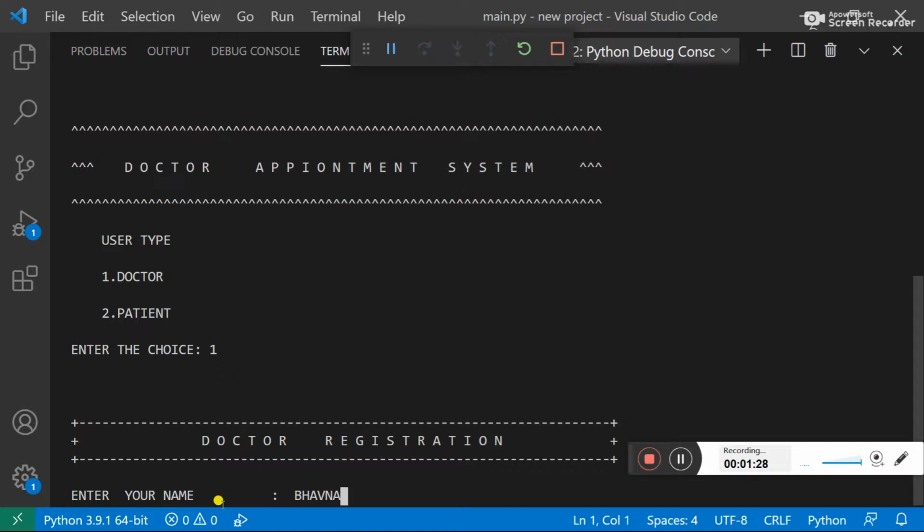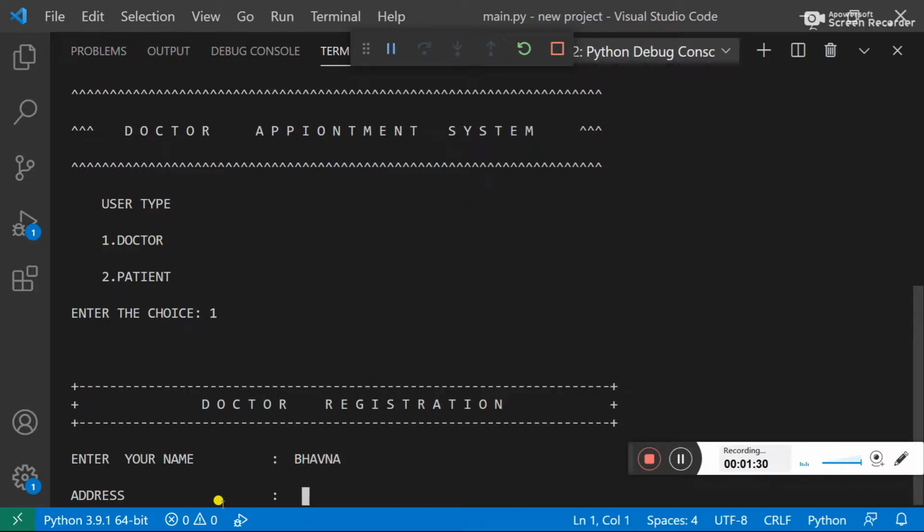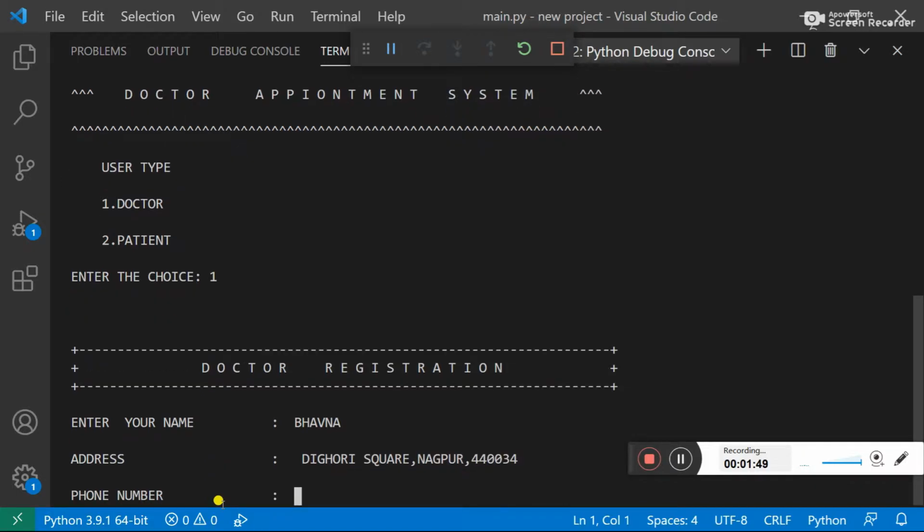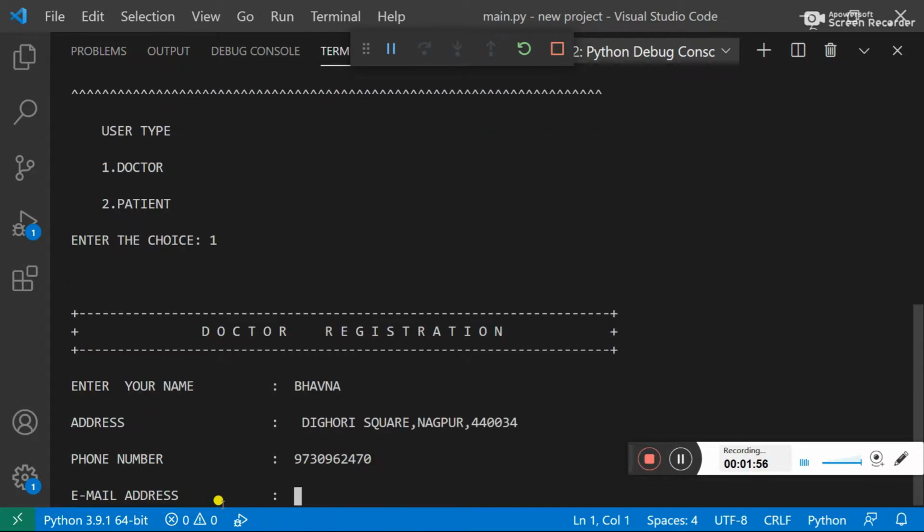So firstly, we have to enter the name, then the address, then phone number, email address.